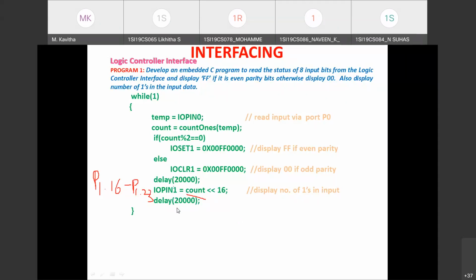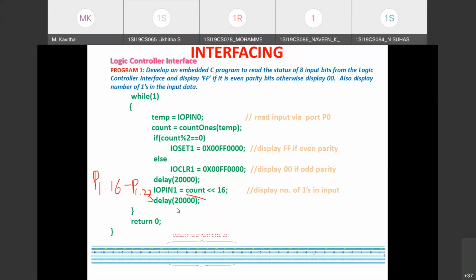Okay. That means this will be reflected in that port 1 pins, which in turn are connected to the logic controller. The output LEDs will show the status according to whatever result you are sending. So that's what I've explained here in this table. Assume 5 ones are there in the input. So the least significant 8-bit data will be 00000101.